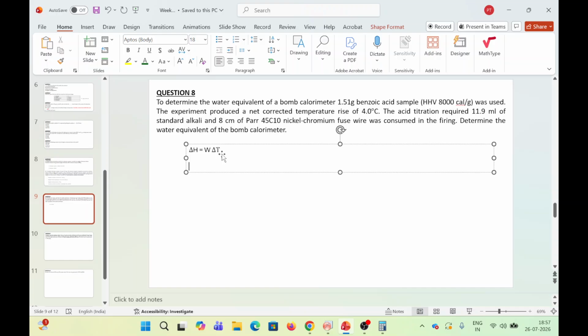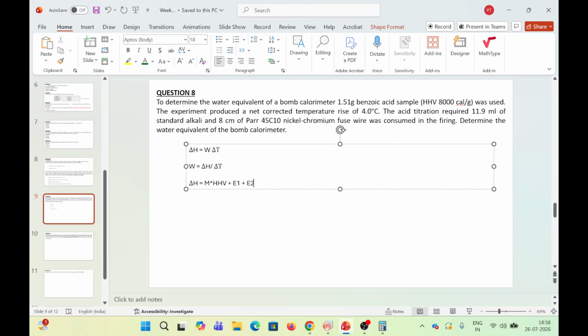Now we are supposed to calculate the water equivalent, which is going to be W equals delta H by delta T. Now how do you calculate delta H? It's nothing but the mass of the sample times the HHV value plus E1 plus